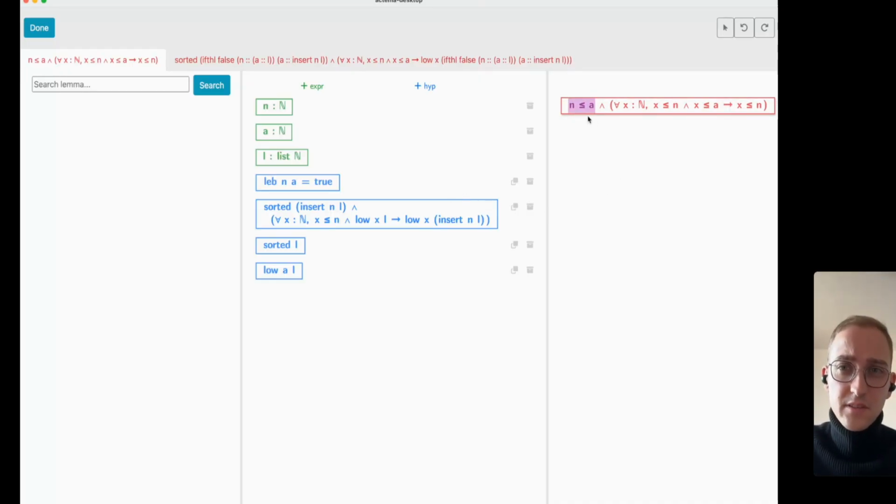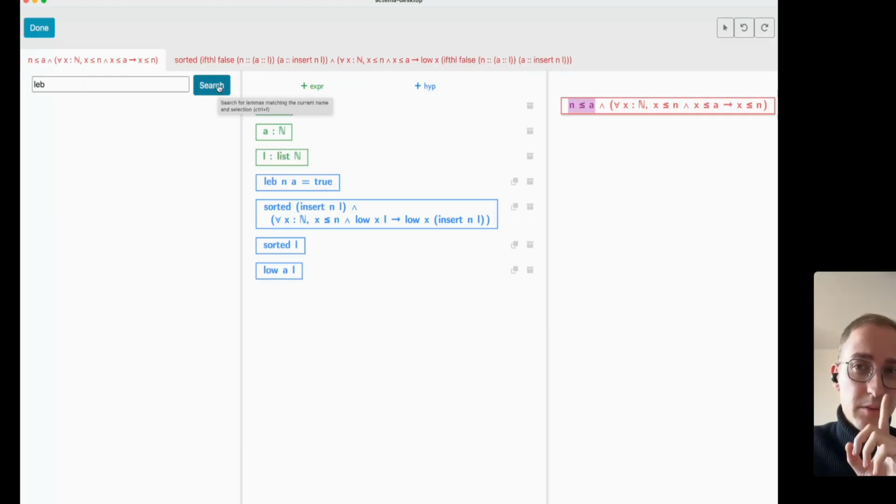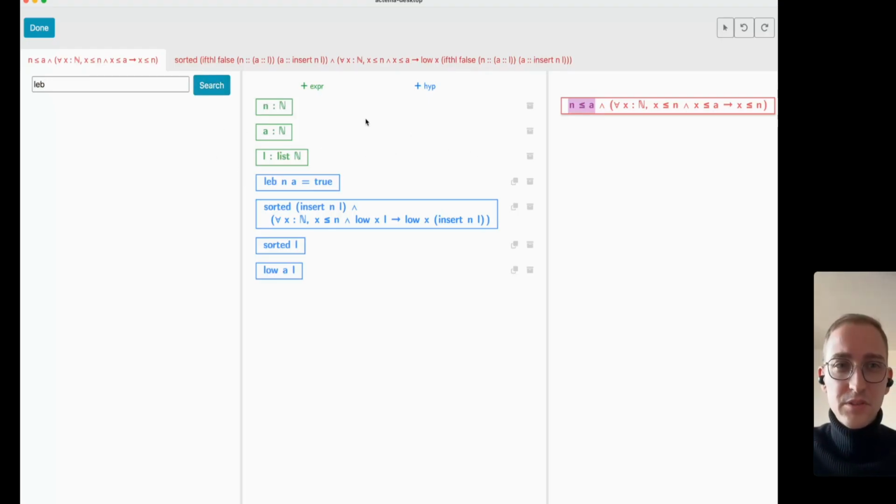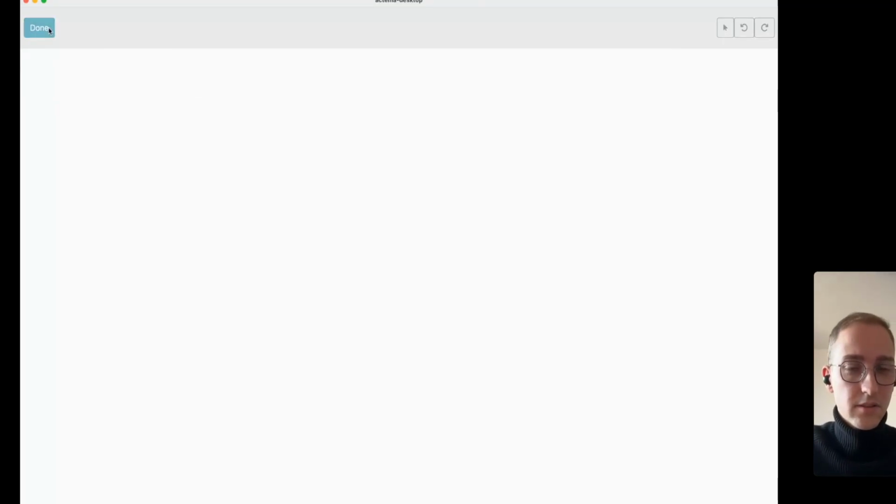So here I have this selection, and I just need to add some keywords that I will use for searching the lemma. So I'm gonna write LEP for Boolean comparison. And when I hit search, okay, so if I remember correctly, there is a bug in the current prototype. So first, before doing this, I will just click on this done button. So this allows me to illustrate another part of the interface. So if I click on done,